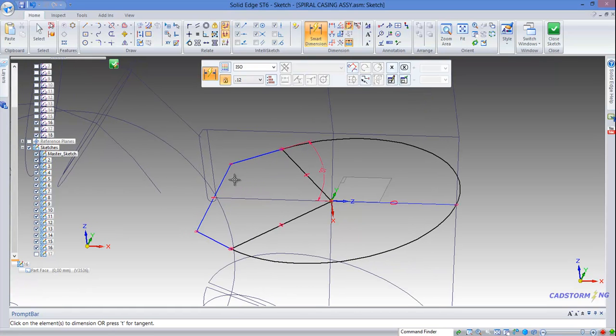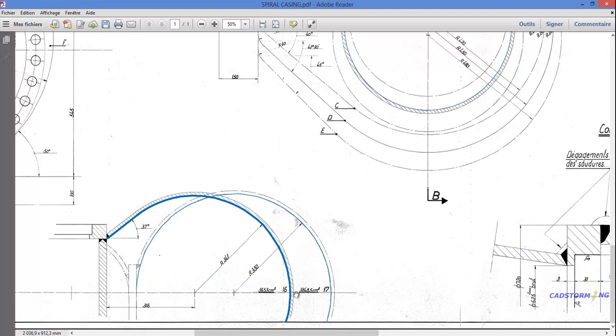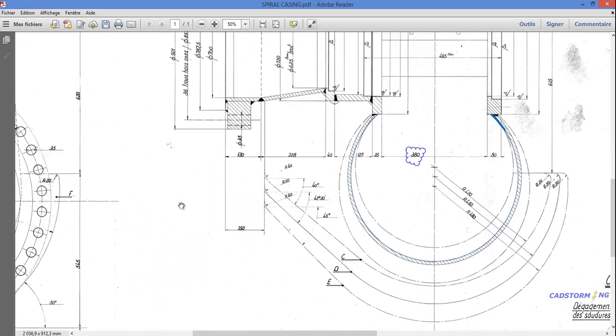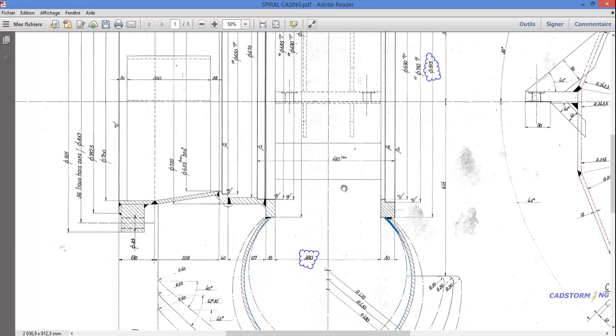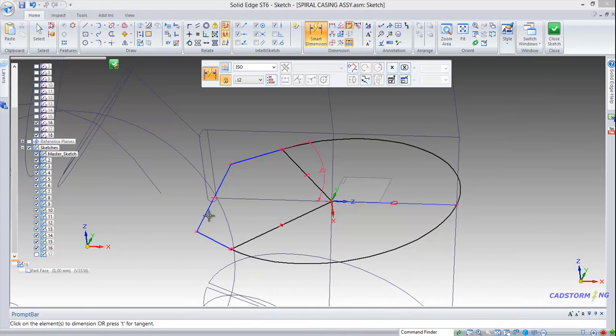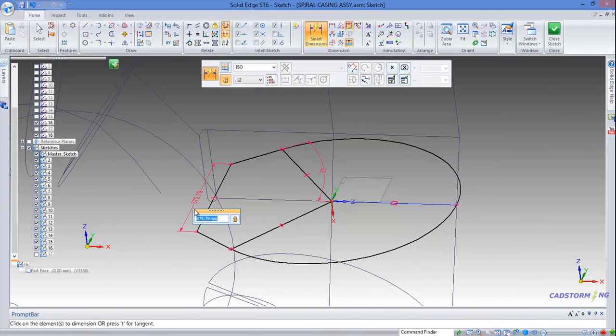I will choose the length because in the print you can see the endpoint of this line is flush with the back face of this ring, and if you move to this view, you can see that the two rings are distant of 380. Okay, so we will input this dimension instead, and we will change the value to 380,